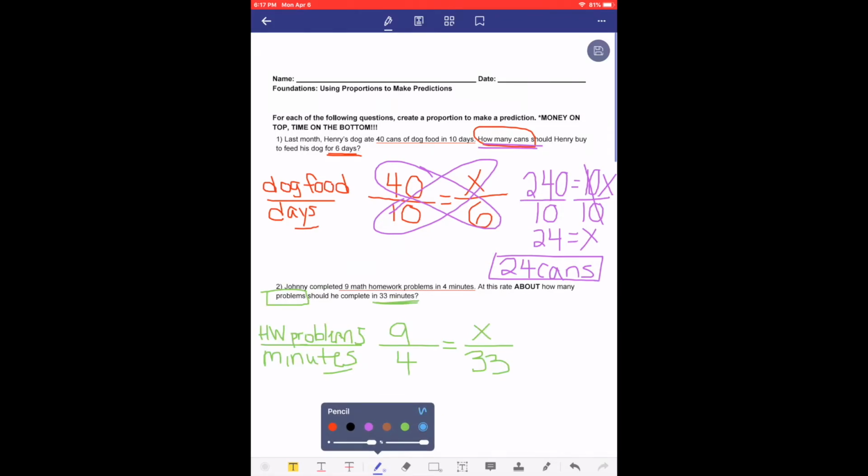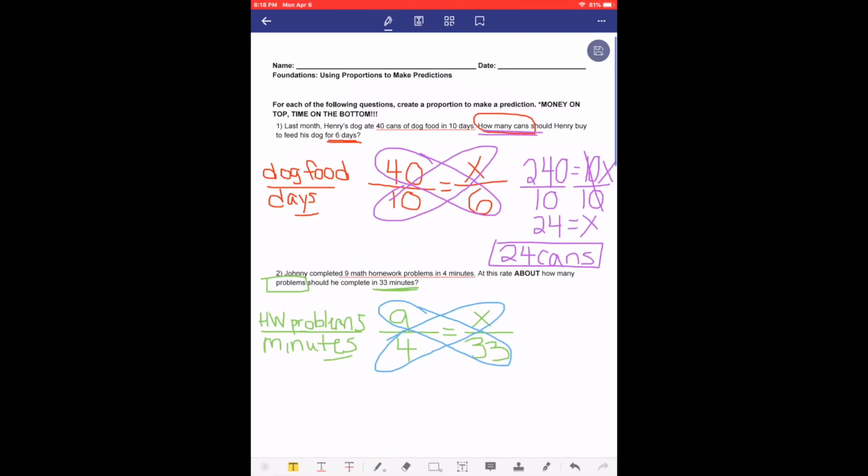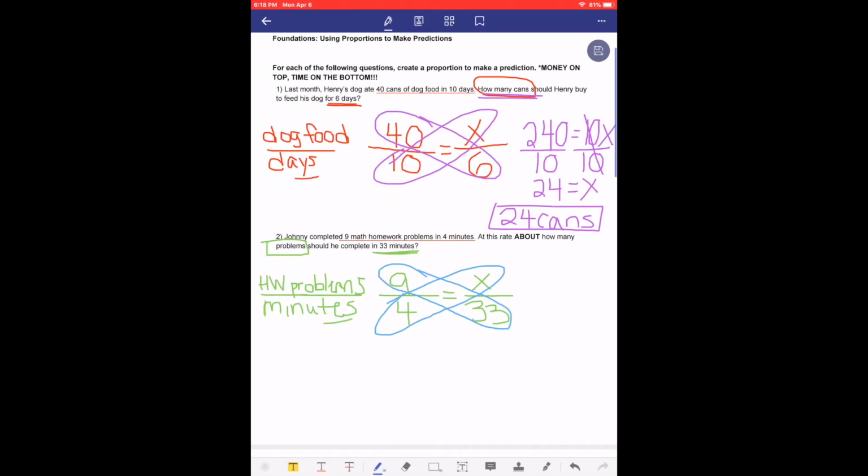Now I need to solve for x, so I'm going to cross multiply. 9 times 33, that will give me 297, equals 4 times x. 4 times x is just 4x. Divide by 4 on both sides. It will cancel on the right. 297 divided by 4, you'll get 74.25